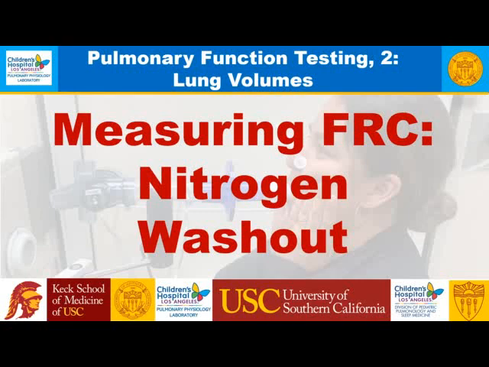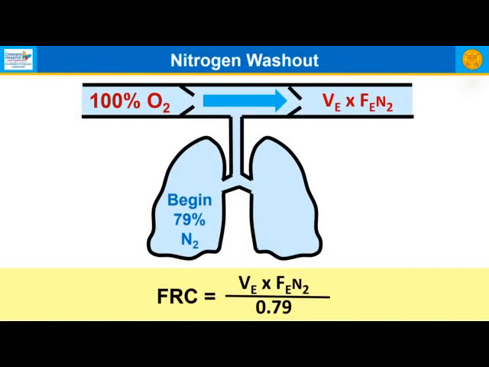Nitrogen washout. If we ask somebody to breathe 100% oxygen, we're going to wash out the nitrogen from their lungs. All right. When this test began, their lung volume was 79% nitrogen. Okay. So we can now basically have someone breathe 100% oxygen, so they're breathing through a one-way valve. They breathe oxygen in, exhale, and this exhaled gas is collected. Okay. Ultimately,